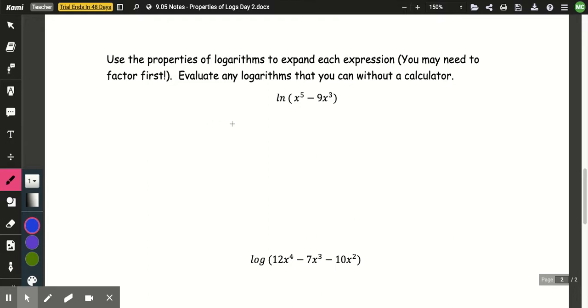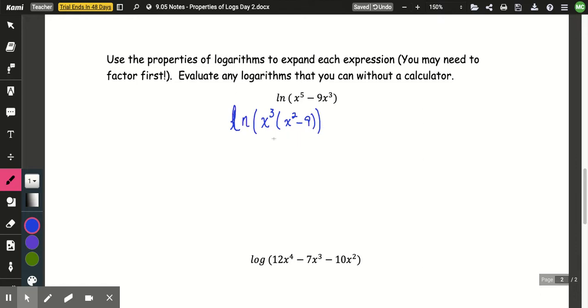So for my first one here, I've got natural log of x squared times x to the fifth minus 9x cubed. Right away, I can see that x to the fifth and 9x cubed have an x cubed in common. So I'm going to start by factoring out an x cubed. Now that's all happening still inside the logarithmic expression there. This is supposed to say natural log. There we go. Okay, so now I've got a natural log of x cubed times x squared minus 9, and